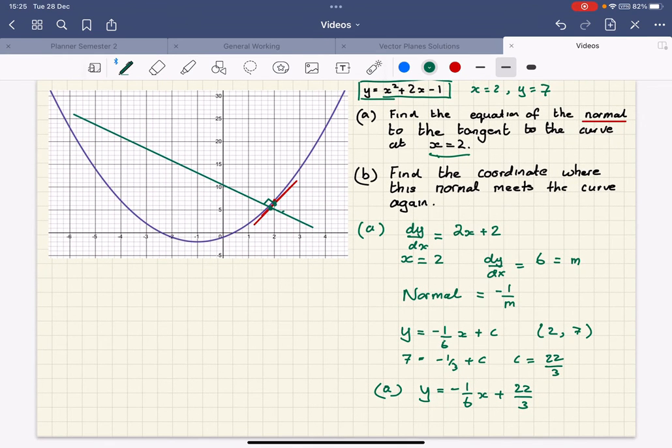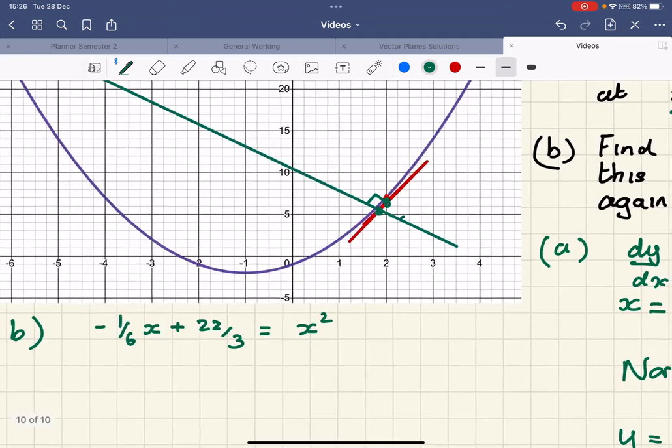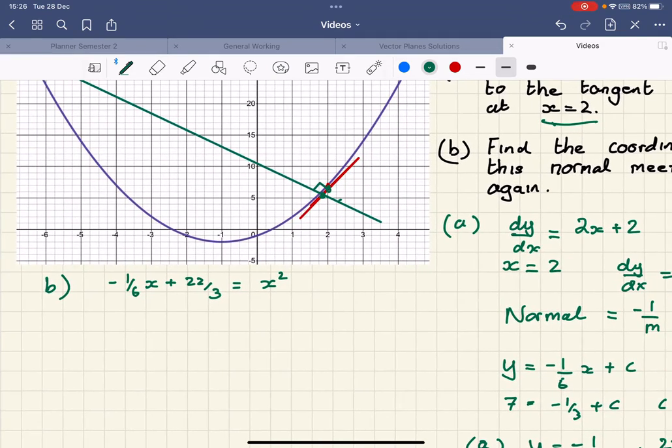Now I'm not going to do too much work for the second part. I just want to know where this line meets the curve again. So it's at this point here, and that's obviously not to scale. So all I need to do is to take my equation of the line, which was minus 1/6 of x plus 22 over 3, and make it equal to the curve that I started with, which was x squared plus 2x